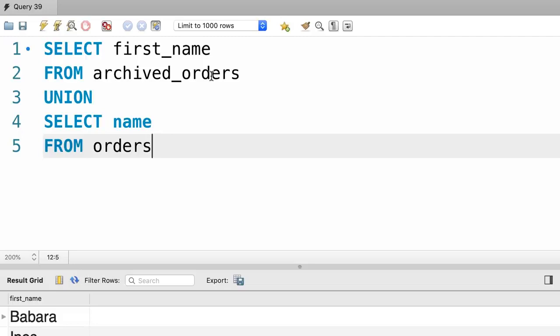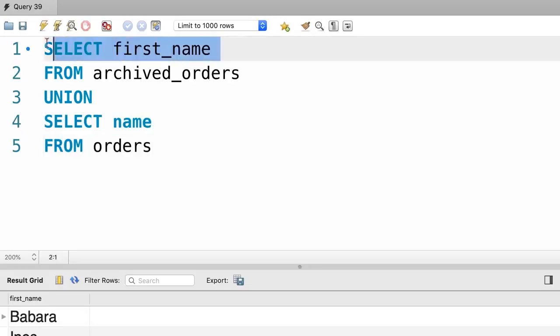Just remember that the number of columns that each query returns should be equal, otherwise you're going to get an error. For example,